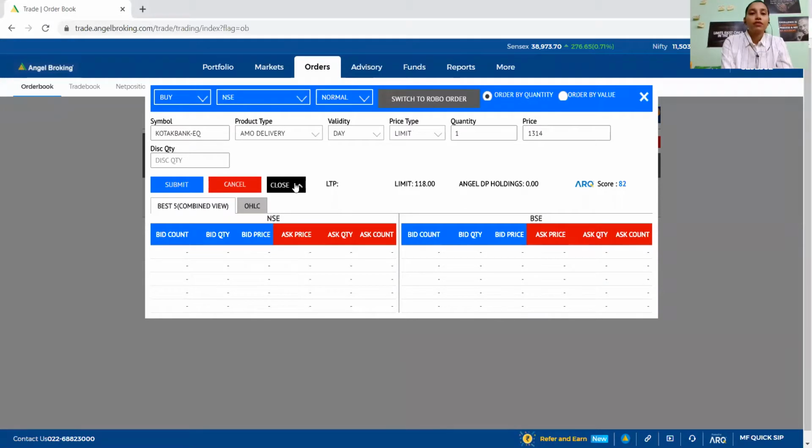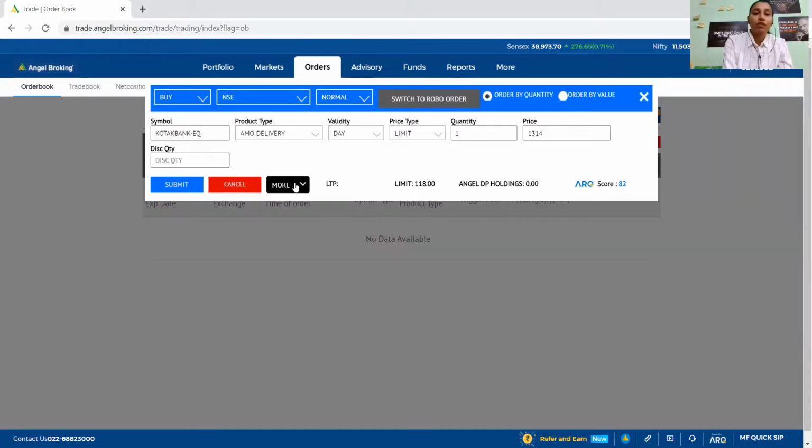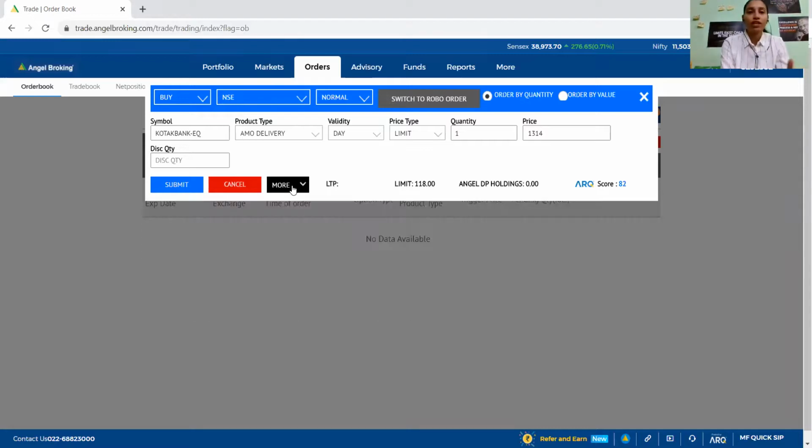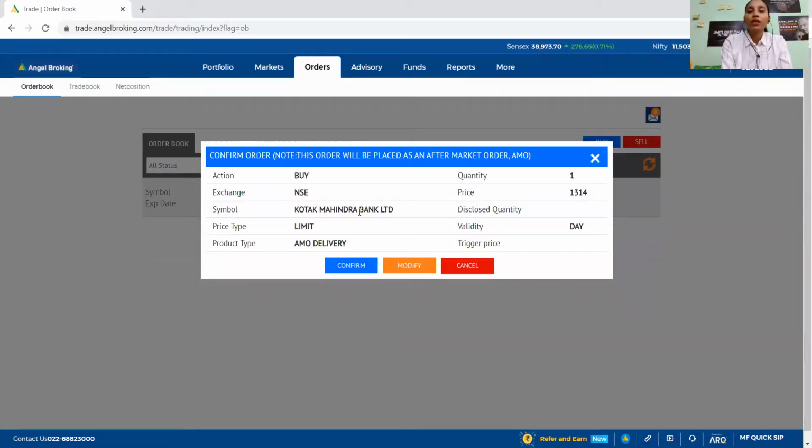Then this comes during the market time. The stop loss and all these things are running during market time; which people have bought what and at what price is going on, this comes during market time only, otherwise not. Then you click over here on submit. When you click submit, it will come like this. This order will be placed as an after market order, but in the live market it will not show you like this, because you will be doing it in the live market.